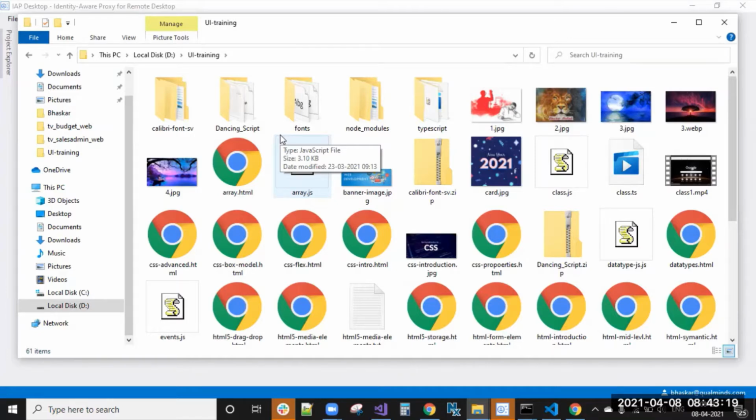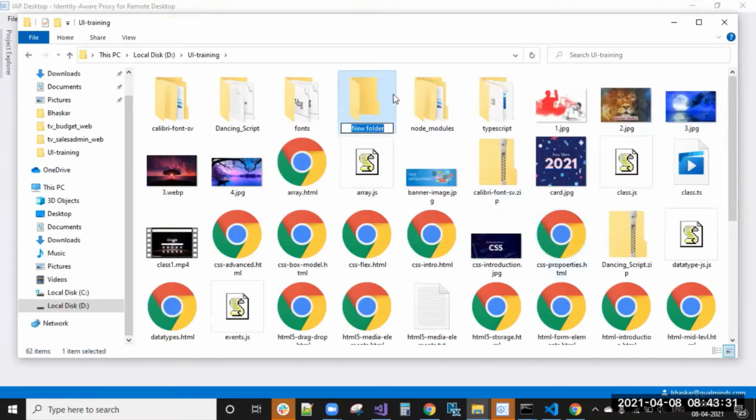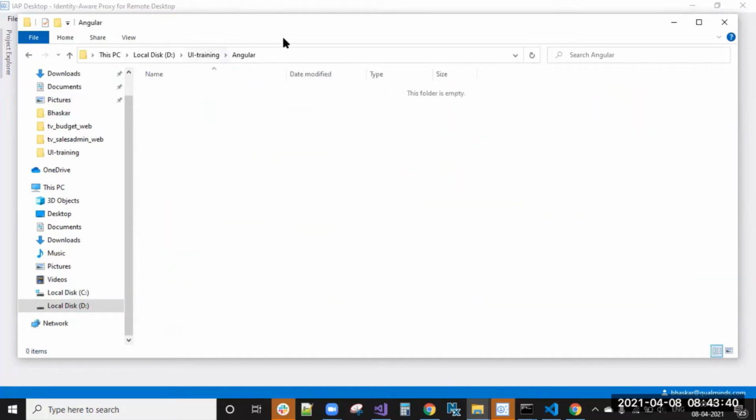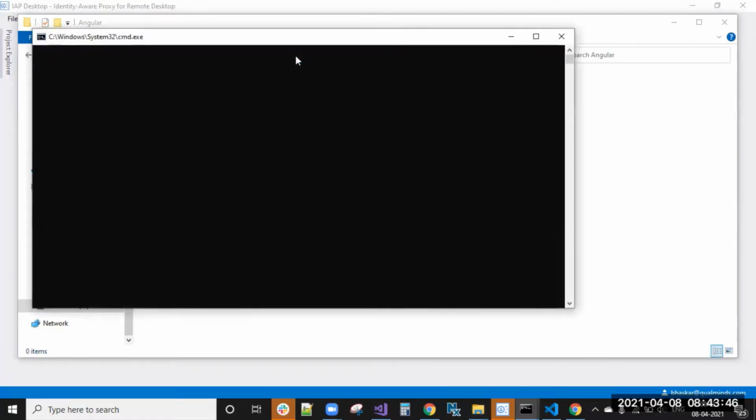Before we create an Angular project, we need to install the Angular CLI. Inside this folder, I went to the same folder.